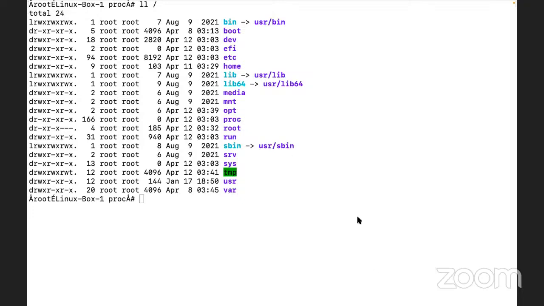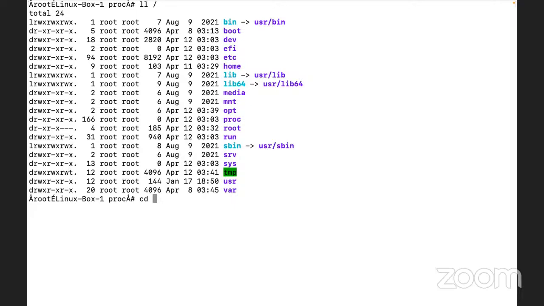So when we are talking about /proc, then after that, obviously guys, we are aware of /root. What is /root? Yes, guys, for the root user. This is the home directory for the root user.